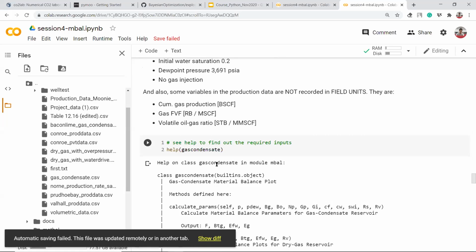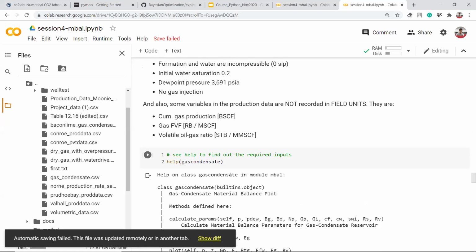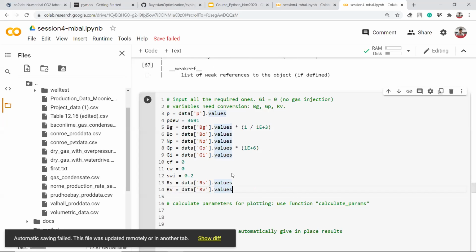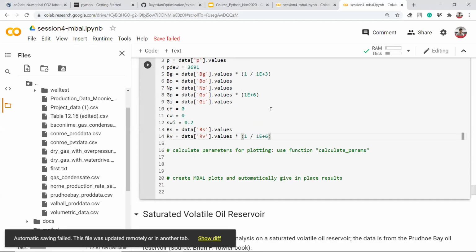So for this, I have to convert into BSCF, which is 9,